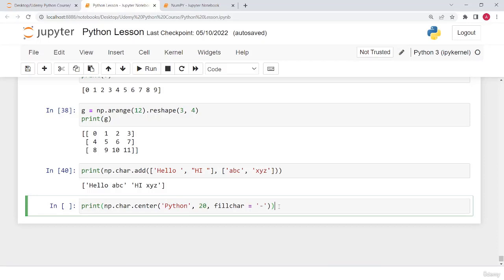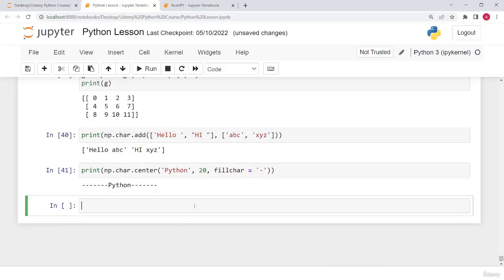So here I will run this, and this is how you can arrange your text and put some designs for it. So if I replace it with an asterisk,